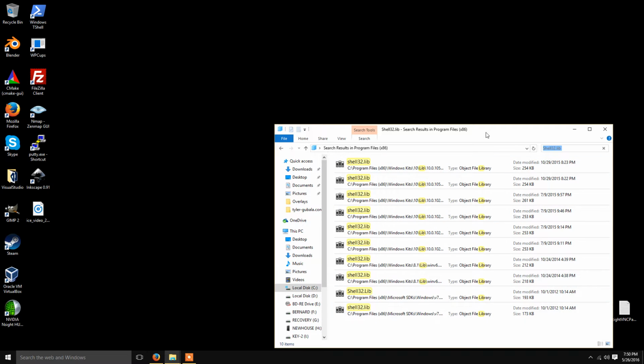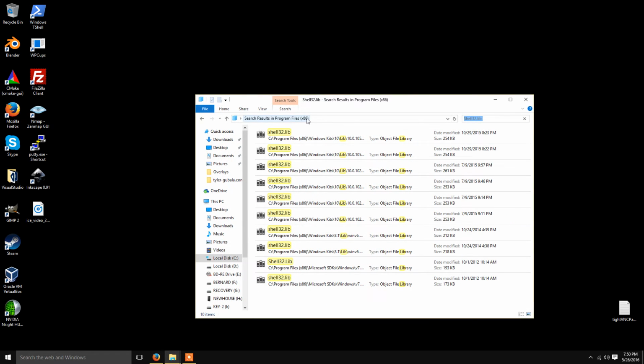So what I've done here is I've actually searched for it inside of Program Files x86. Both the x64 and the x86 versions are going to be inside of Program Files x86. What I mean by that is the 32-bit is going to be called the x86 shell32.lib, and the 64-bit is going to be called the x64 shell32.lib. So I have my list of results coming from Program Files x86, and I'm using Windows 10, so all of them are coming from Program Files x86, Windows Kits,